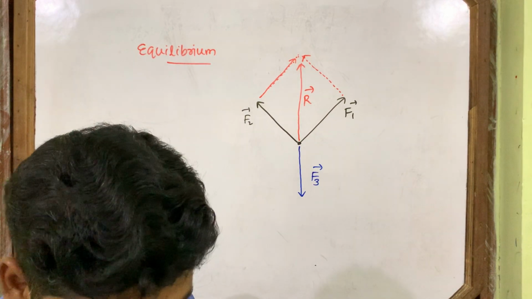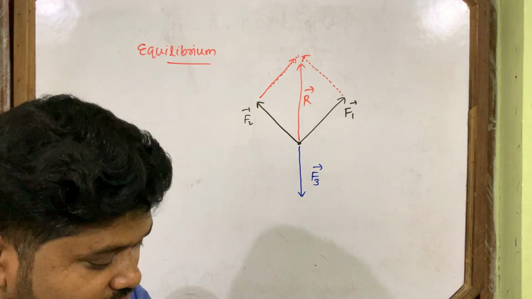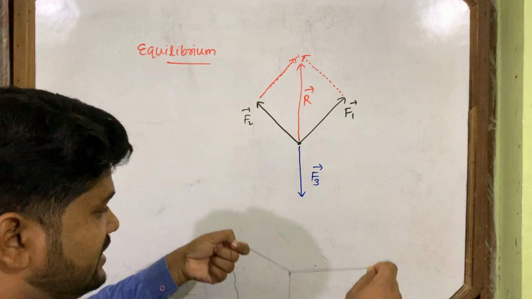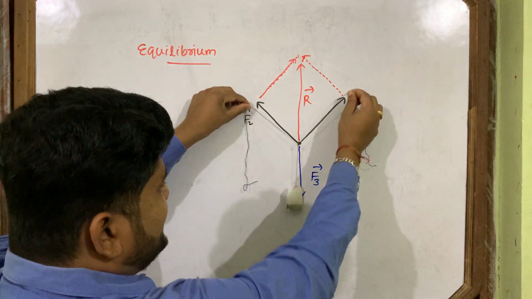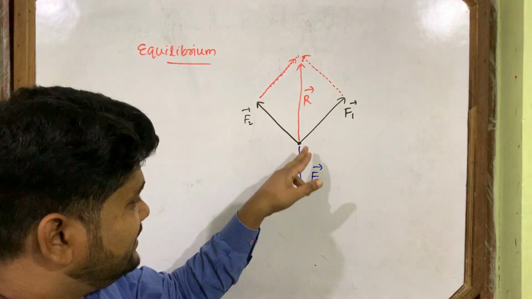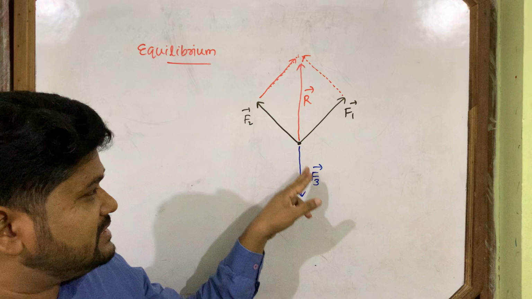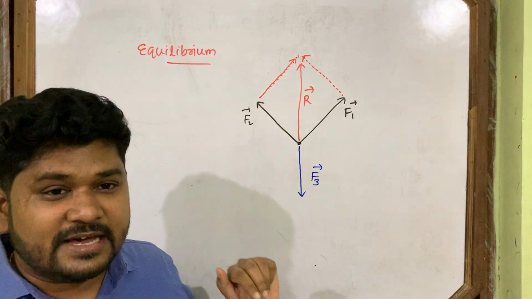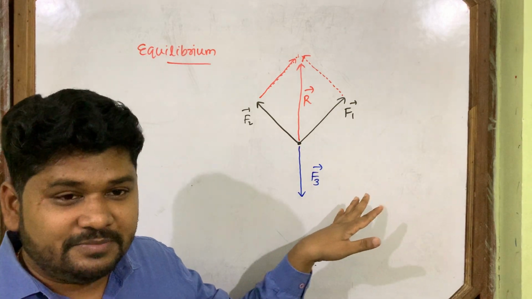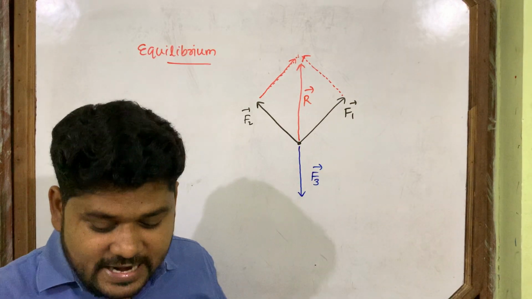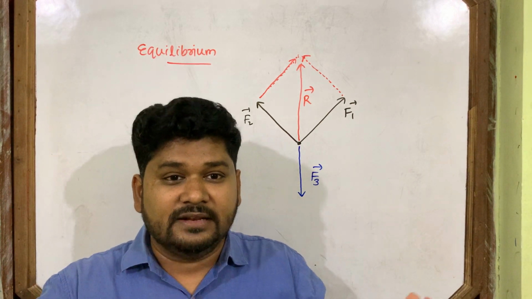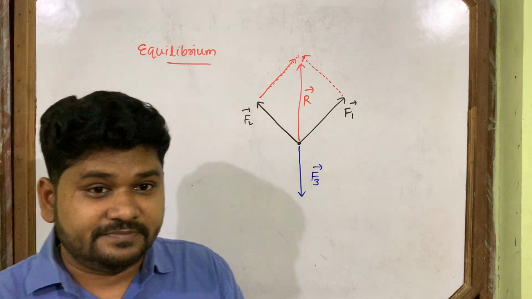What situation did I show you here? If these are the two vectors F1 and F2, they lie on the whiteboard plane, and the resultant also lies on the whiteboard plane. This one, F3, which causes equilibrium and cancels the R vector, also lies in the same plane because it has to cancel the R vector. In addition and subtraction of vectors, everything happens in one plane. Otherwise it is not possible.